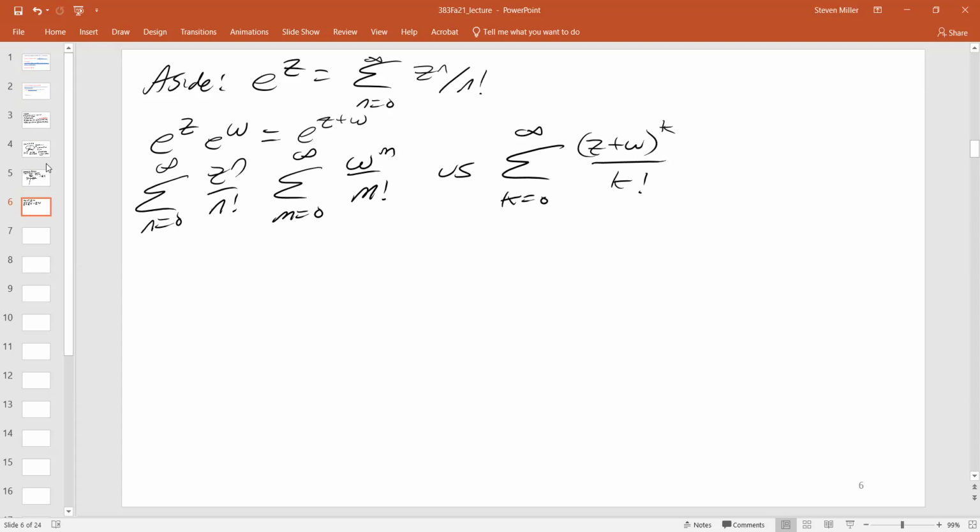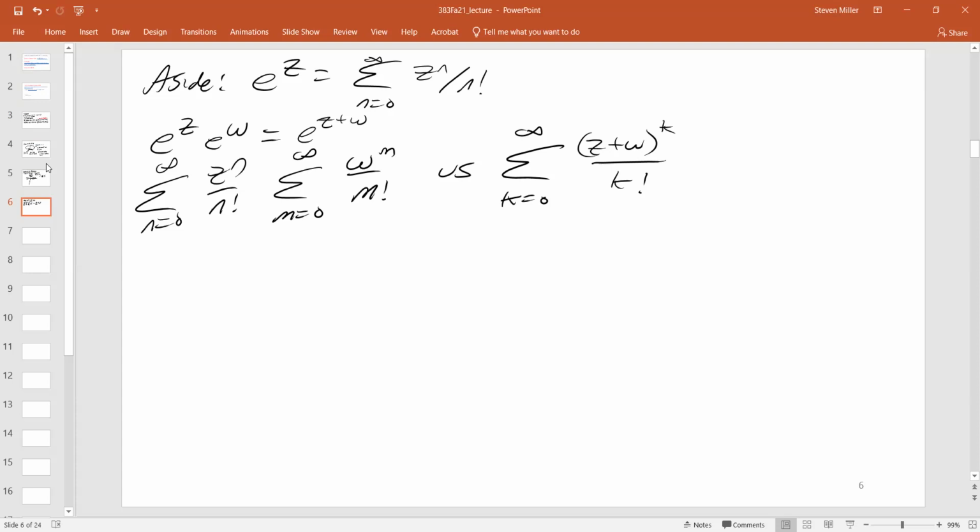The fact that we are using the notation of e to the z, what does that make you think? It makes you think that this had better be true, or this is bad notation. Sadly, mathematics has been known to have bad notation occasionally. We need to prove this. Why do we need to prove this?